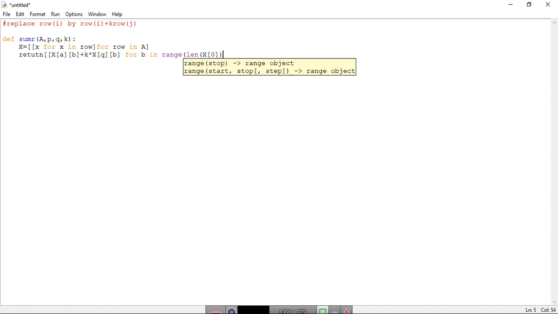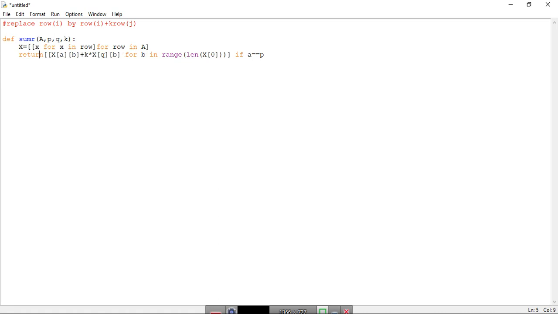See the brackets, one, two, extra bracket two. Okay, this is closed. So this is for if a equals p. Let me just stress this: return.